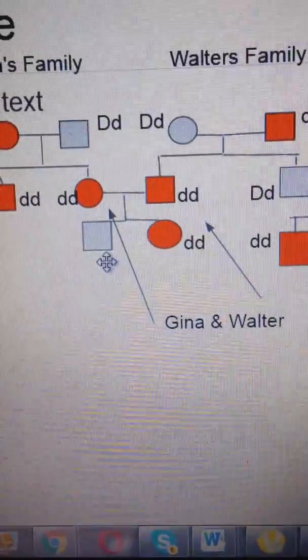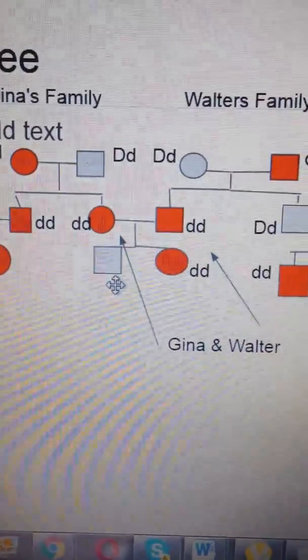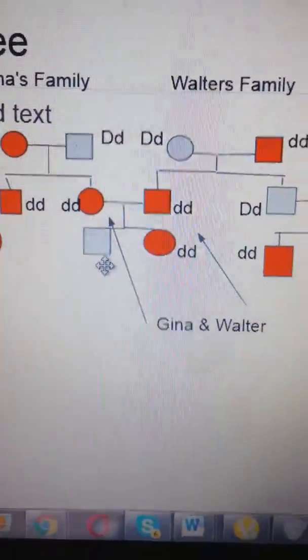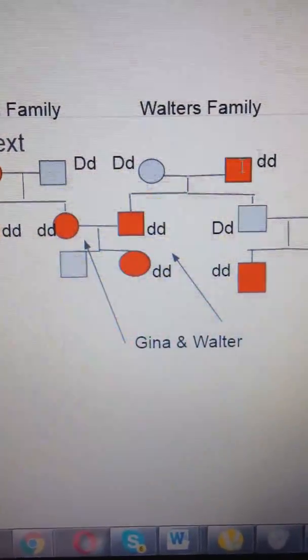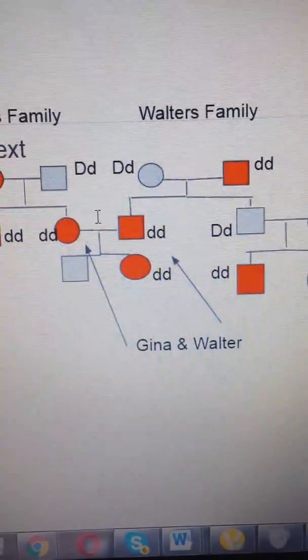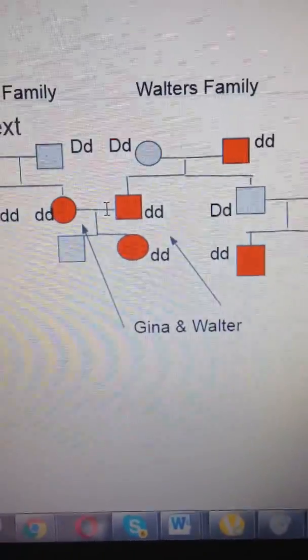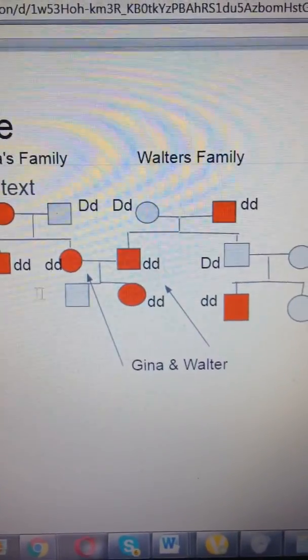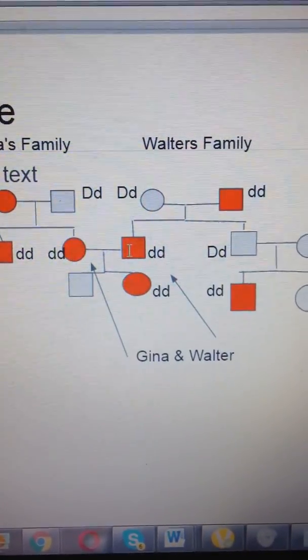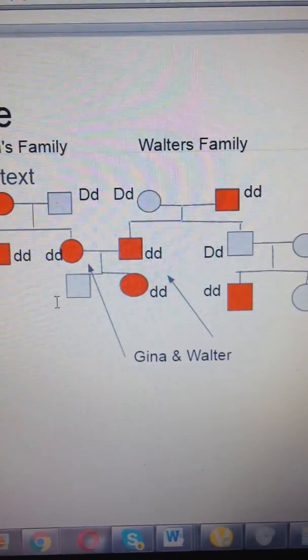It's impossible for that to happen because, as the Punnett square shows, 100% of the time, it will be two lowercase d's resulting in having the disorder. Since it's recessive and there is no dominant trait within Gina or Walter to be passed on to the son, therefore